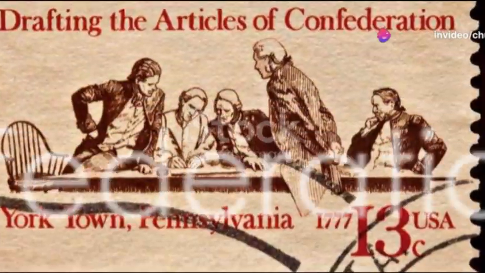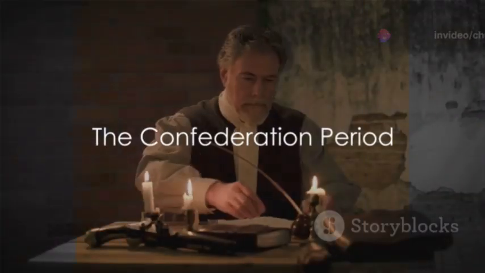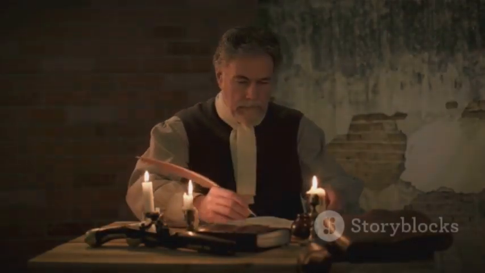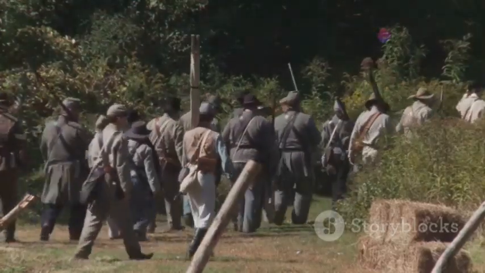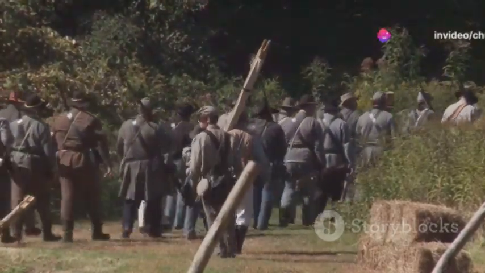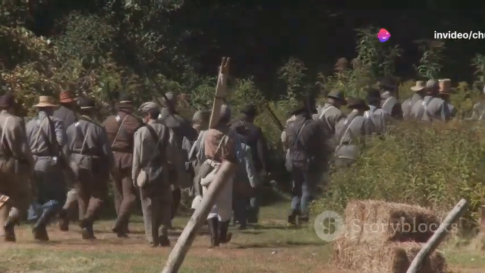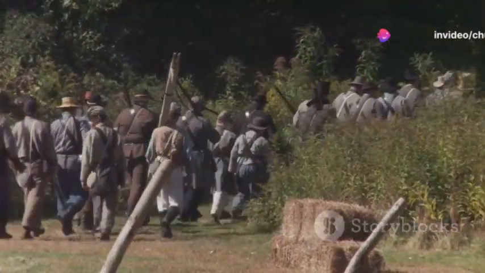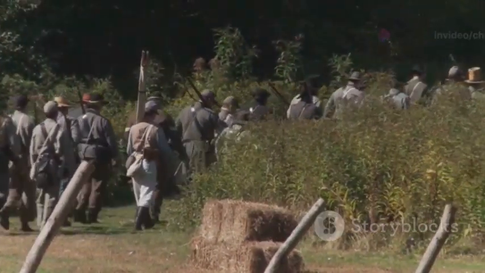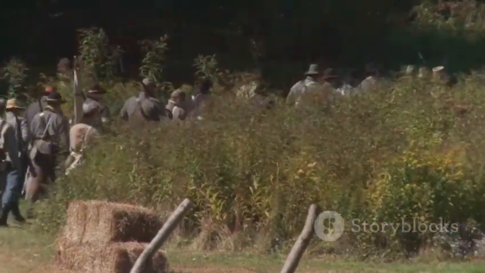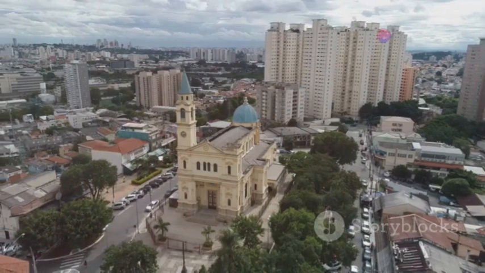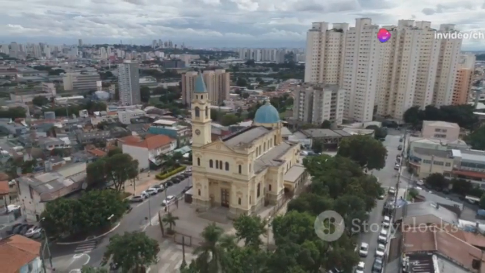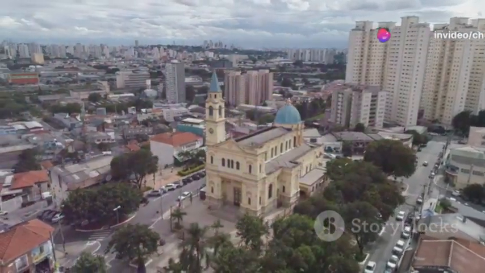Our journey begins in the late 18th century, a period marked by the rise of the first form of governance, the Confederation period. This era, lasting from 1777 to 1789, was characterized by the Articles of Confederation, a document that established a weak central government and gave substantial power to the individual states. It was a time of trial and error, a testing ground for the young nation to understand the balance between